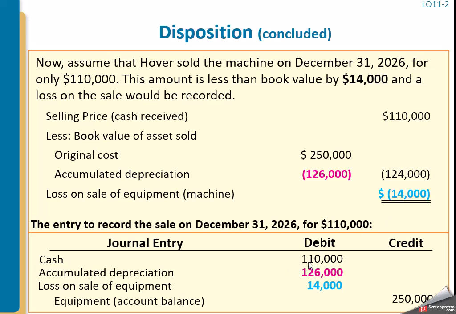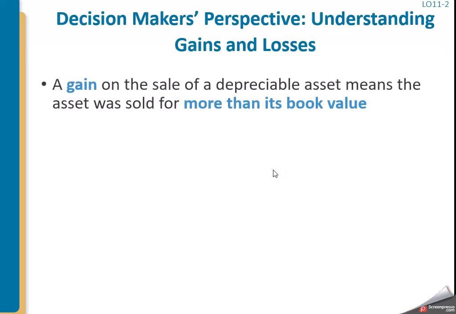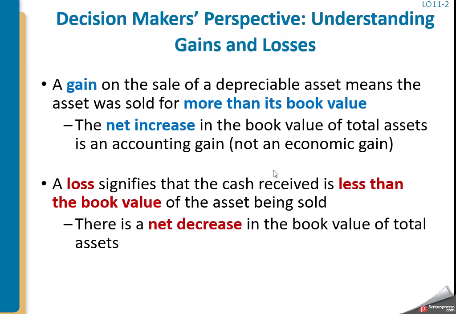So then we're going to have the cash come in, take the asset off of the books by crediting the equipment, debiting the accumulated depreciation, and then now we would debit the loss. So a loss is debited, a gain is credited. Again, a gain is if we sell it for more, a loss is if we sell it for less